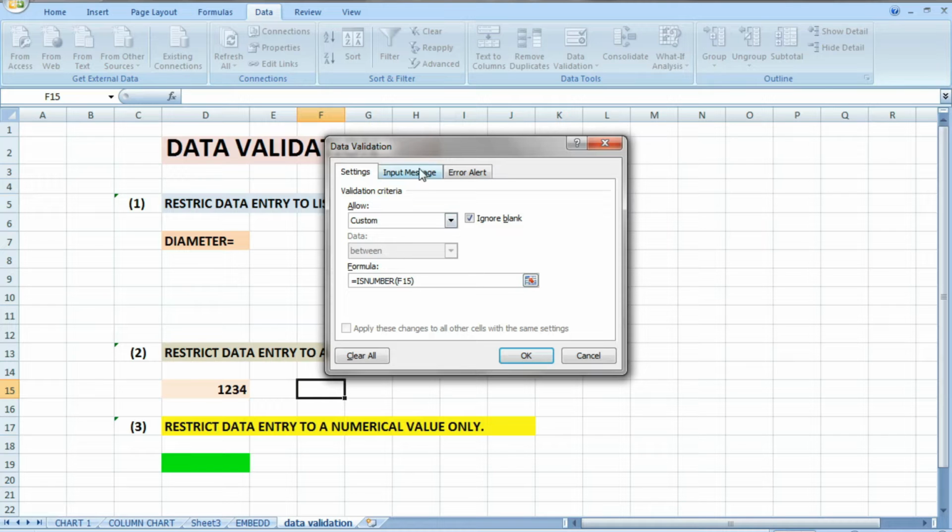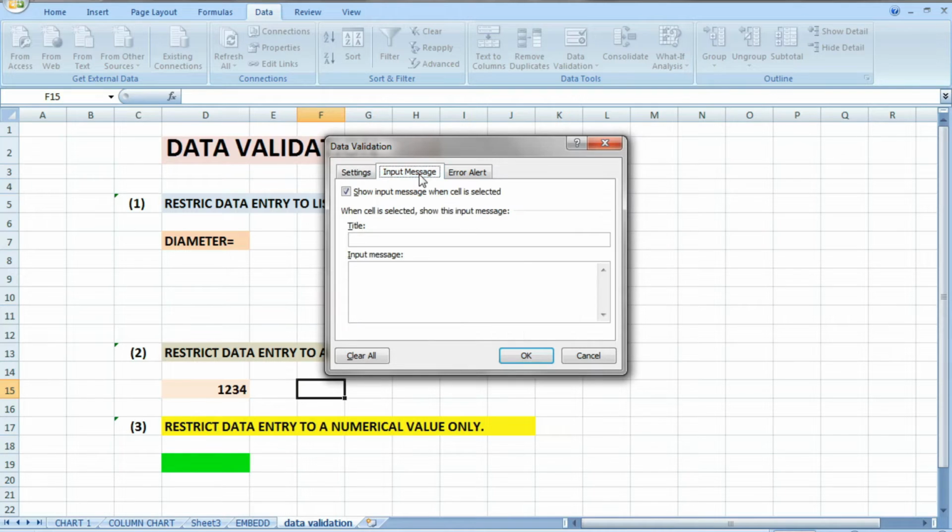Okay, and here you have to put the input message. I mean, when you touch this cell, it will give the input message. This is numeric value only. Here, please enter numeric value. Now what is the error message?